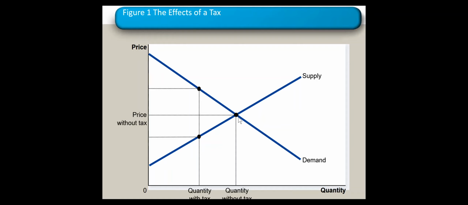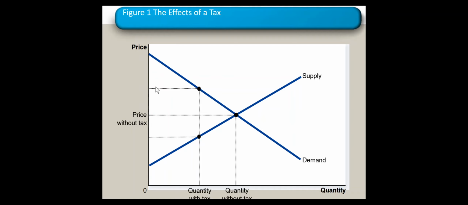For sure the quantity supplied and demanded at the same time will drop. Why? Tax works exactly as a wedge. That means there is a higher price to be paid, and a higher price to be paid means lower quantity demanded. Okay, and at the same time, it means a lower price to be received. I said a higher price to be paid by buyers and a lower price to be received by suppliers or producers.